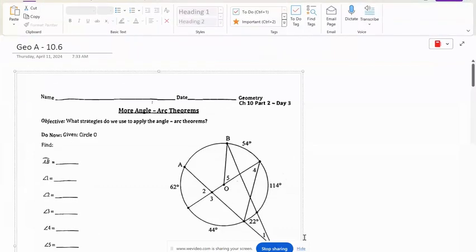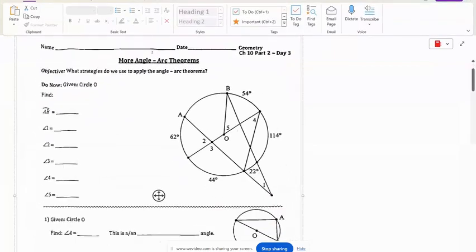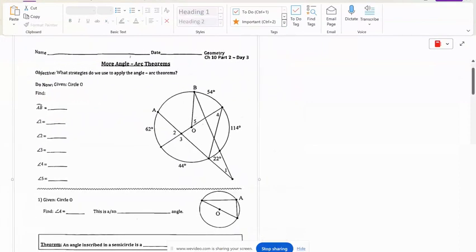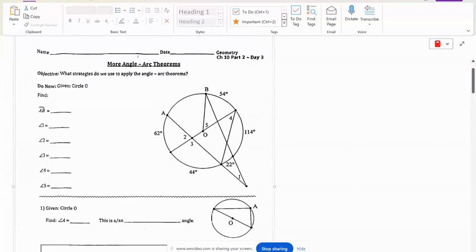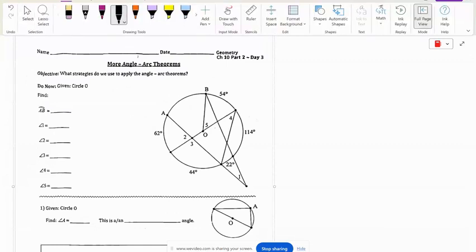Okay, so in the 10.5 lesson, we learned about a whole bunch of different angles. And basically, the way I characterized those angles were based on where the vertex of the angle was. And we all know from before 10.5 about central angles. So let's just start there. You guys don't have to write this down. I'm just recapping 10.5. So we know a central angle is an angle whose vertex is at the center of